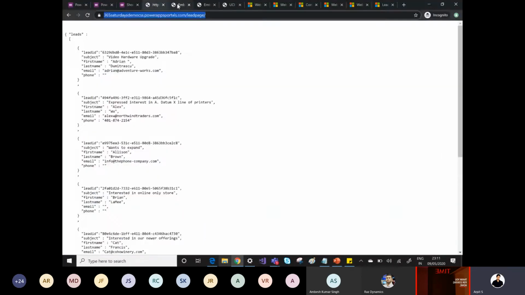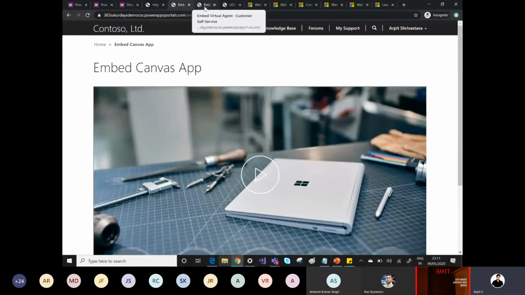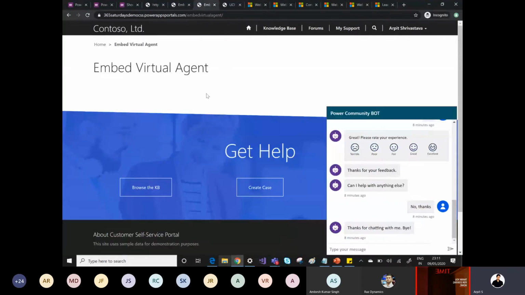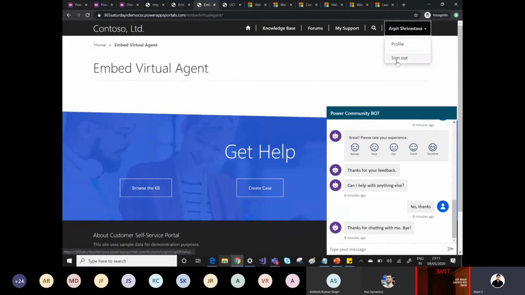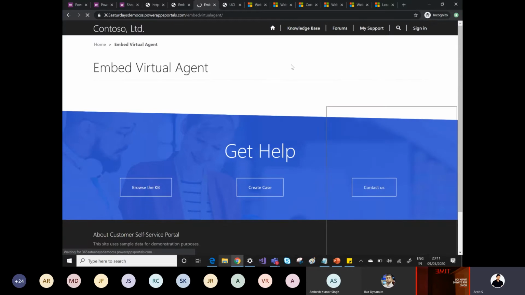If you have to customize some out-of-box pages, let's say I have a custom HTML page. This is a simple HTML, simple web page, and if I have to customize it, I can easily do that. I can write the script, I can write the JavaScript and all. But there are a few pages available in the portals where you don't find much information about it, right? So if I go to the sign-in page,